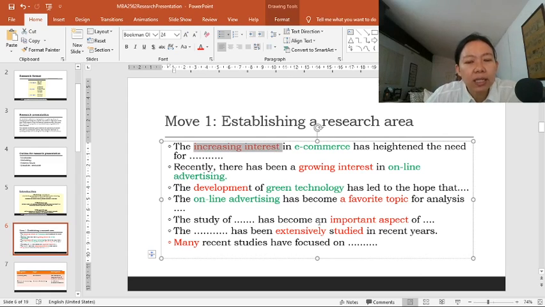All these words in the red highlight show the importance of your study. They emphasize the strengths of your research area. They show that many people are interested in it, and that much research is being carried out in this area. So you can use these words, or this choice of words, to show the importance of your study. And now